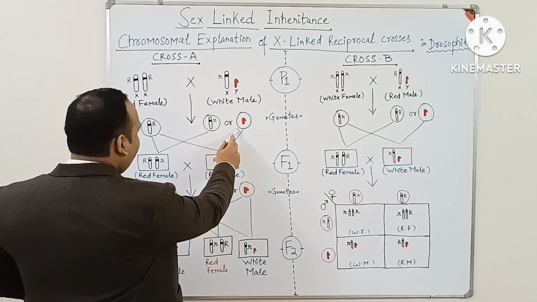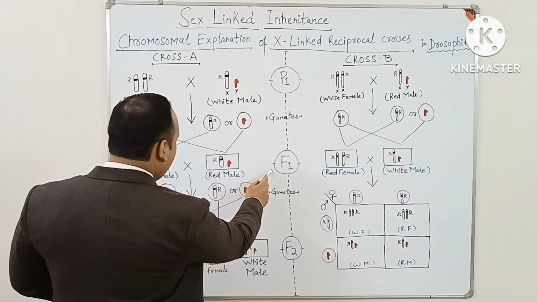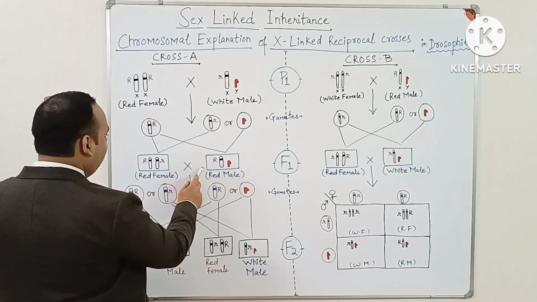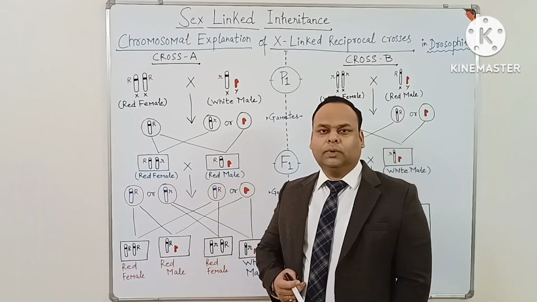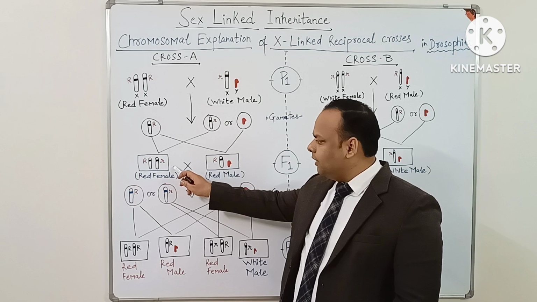The following types of gametes are produced, and in the F1 generation, the following combinations of progeny is achieved. In the F1 generation, we have a heterozygous red female